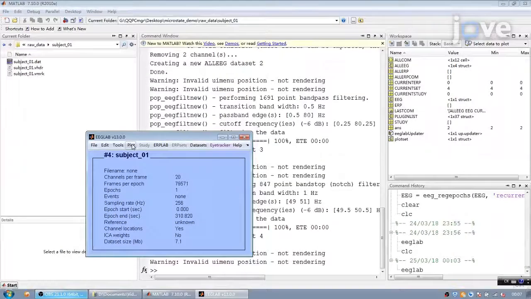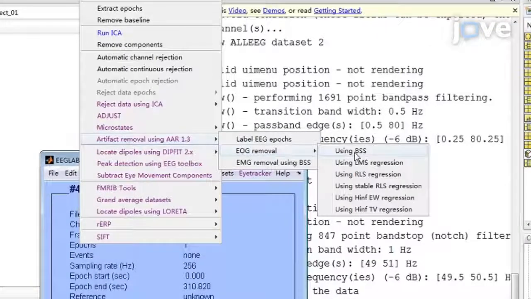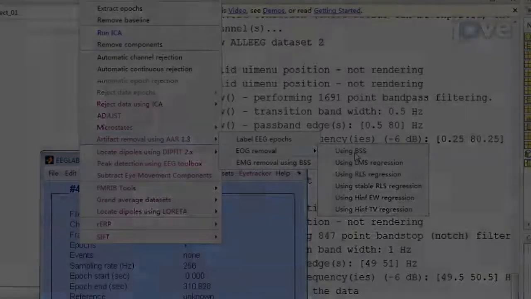To remove eye movements, click on Tools, then click Artifact Removal using AAR 1.3 and EOG removal using